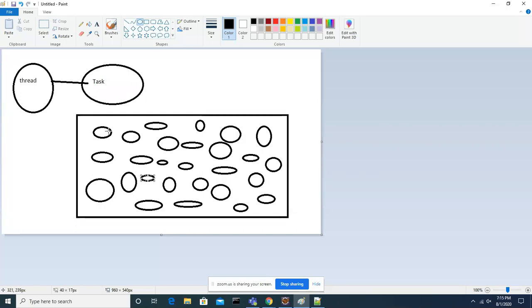I gave this task to a person: go and count how many objects are there in this area. I assign this task to Muni. So Muni started counting.